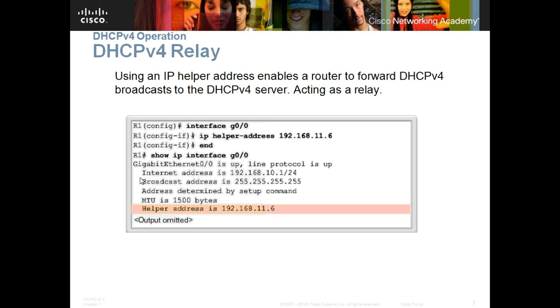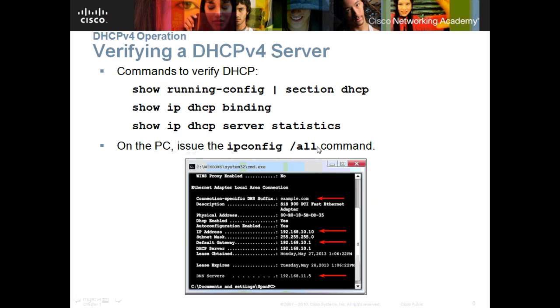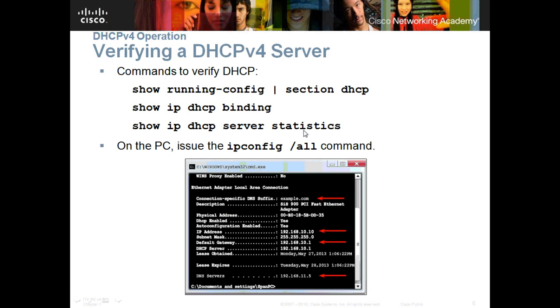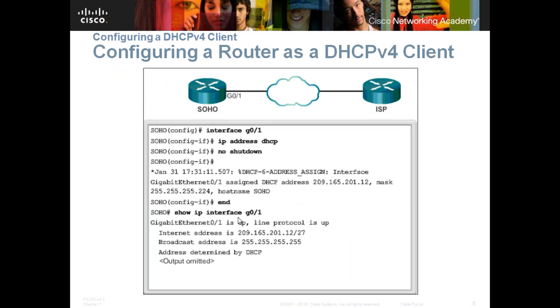We put the ip helper-address configuration, ip helper-address 192.168.11.6. This is the IP information of the DHCP server, and so if we configure our router as the DHCP server, this is one of the IPs of our router as a DHCP server.